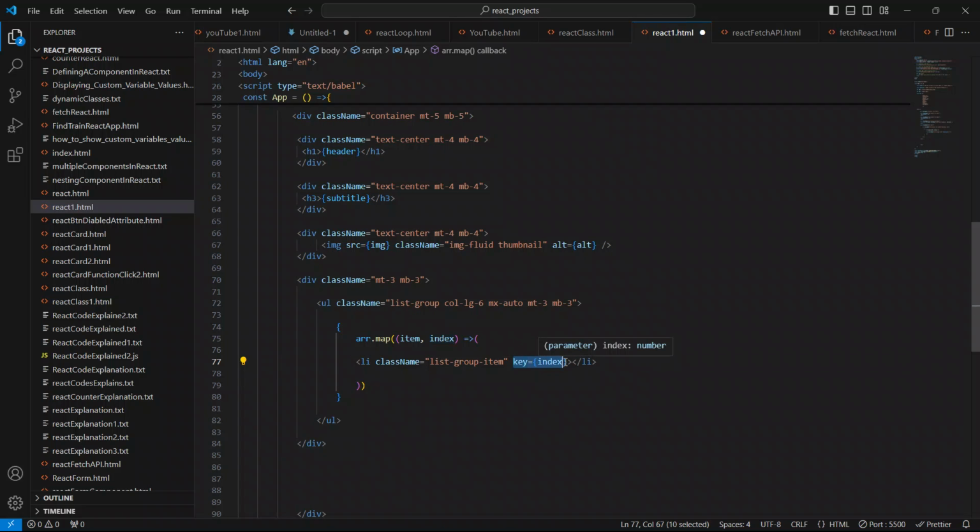But it is compulsory, it is mandatory to use the key attribute whenever you are using the map, whenever you are looping through any array, or looping through any array of objects. So it is mandatory to use the key attribute as well. So now that's it. Now inside this li we will say here open and closing curly braces, and we will just copy this item, because now this item contains